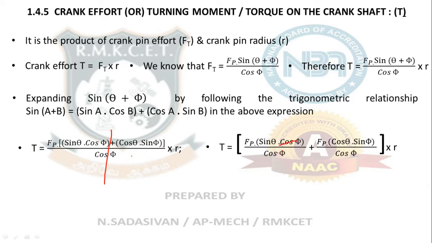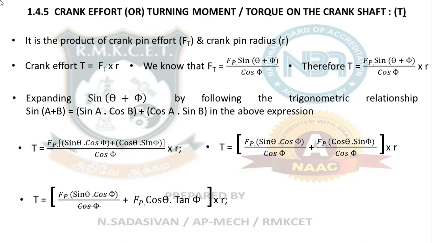I can directly cancel these two, correct? That's what I have done here. Okay, if you see here, I have directly cancelled cos phi and cos phi. Here this sin phi and cos phi are clubbed together and written as tan phi. Okay, so therefore what happens, after cancelling this out, I am rewriting the equation. Torque is equal to, this Fp is maintained as a common factor outside again, Fp. So take this Fp common outside because both terms you have Fp.